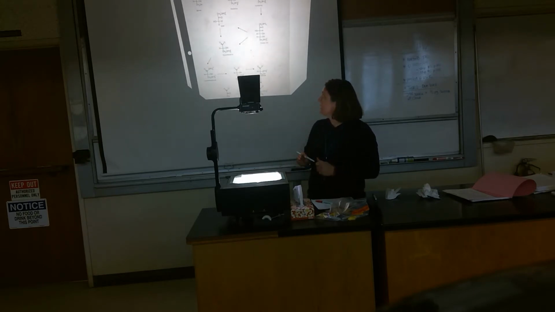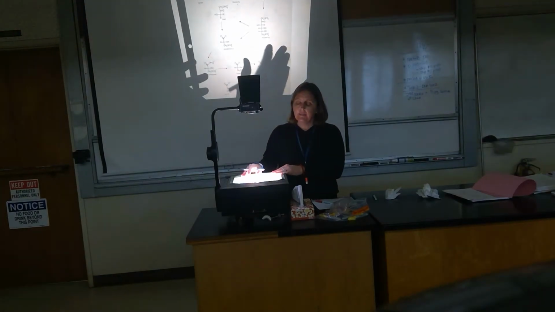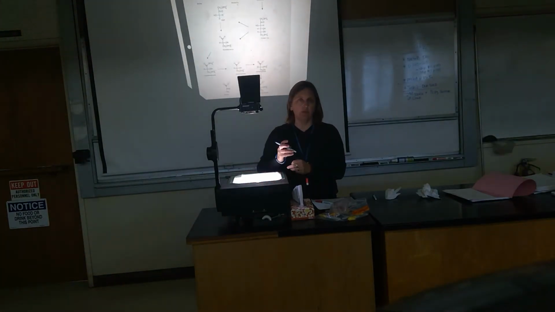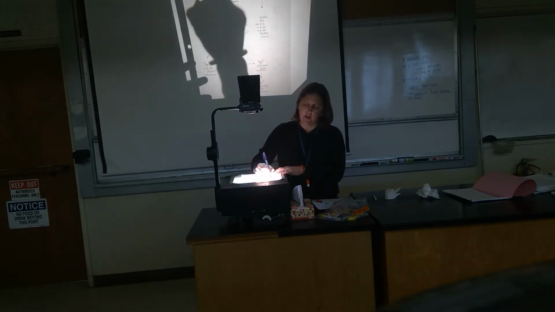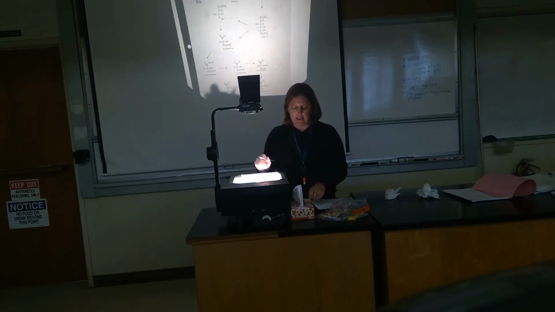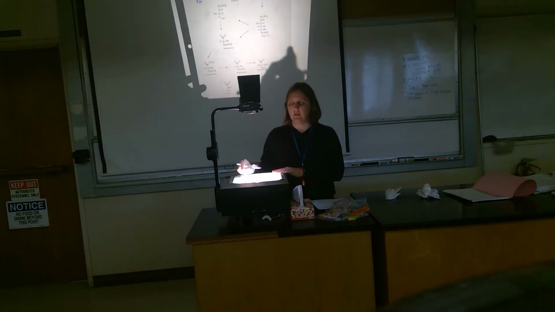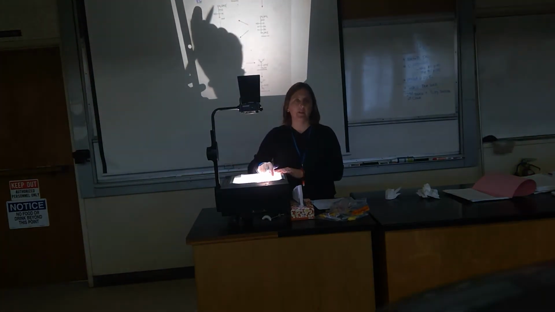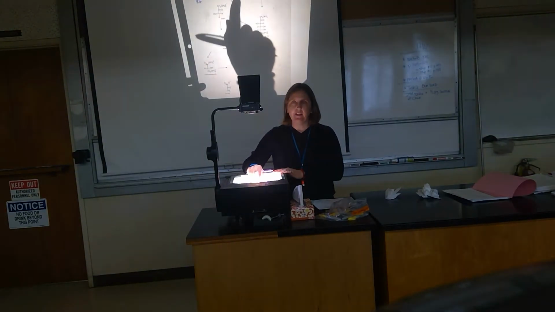All right, and so let's start with this. We're starting with glucose, which you should know. And how many carbons do you notice in glucose? 6, good. And so that's something that we're going to be following as we go. So we're going to pay attention to the number of carbons in each of the steps. Okay, so we're starting with a 6-carbon molecule, and the very first thing that happens is a phosphate group gets added.